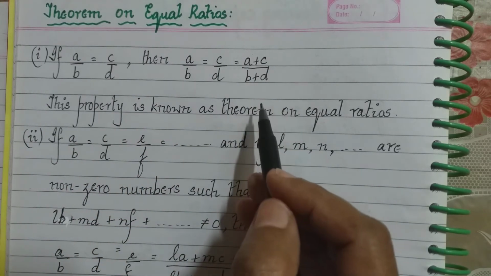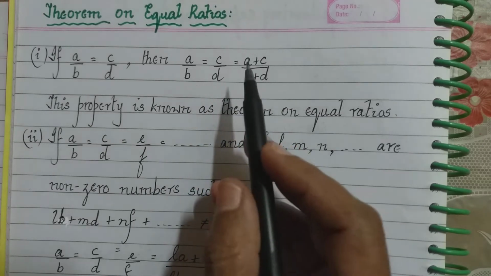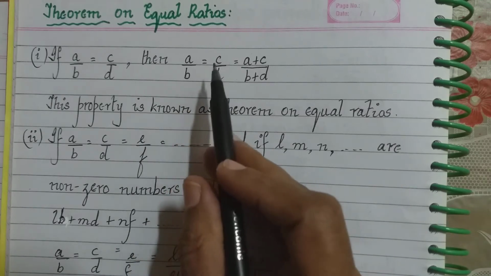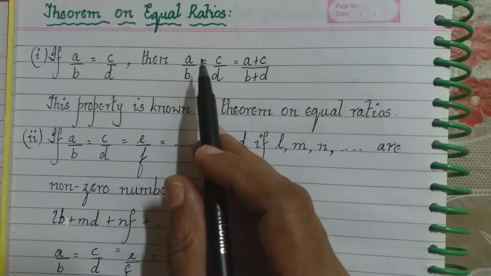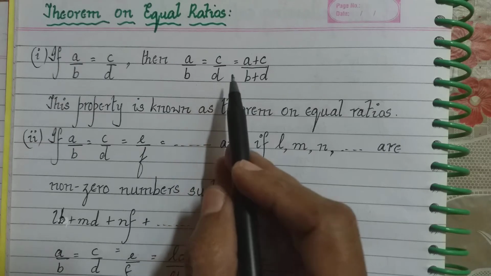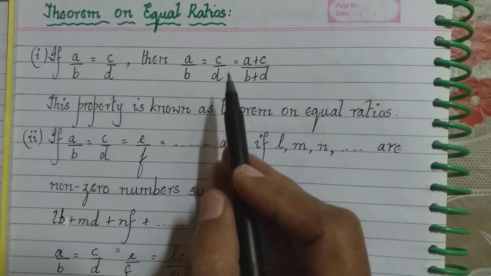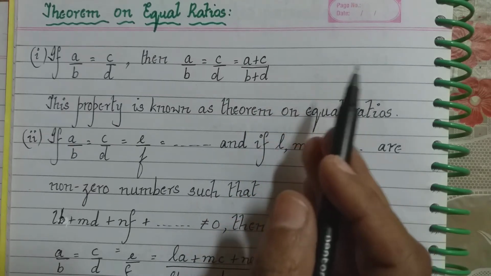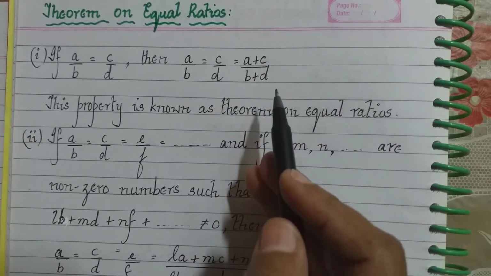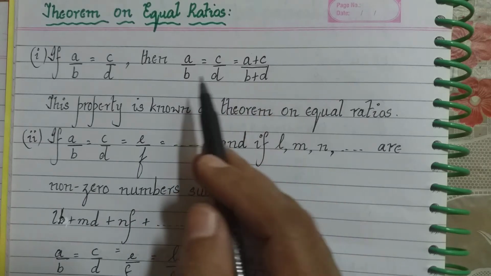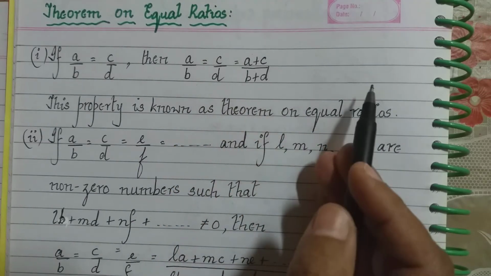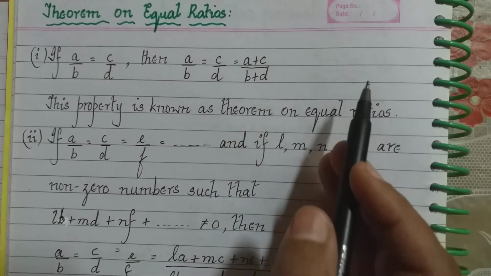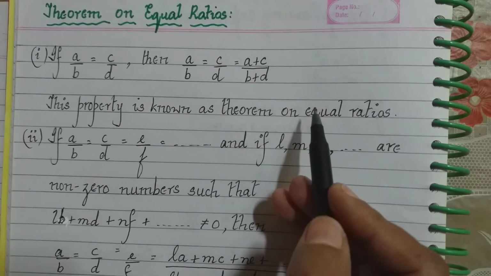What are they trying to say? That if I have ratios which are single, that there is nothing adding to these ratios, either to the numerator or to the denominator. These are single terms by themselves. Then I can add all the numerators, adding all the numerators of all the ratios lined up upon adding all the denominators of the ratios lined up, that also will be equal to the same.